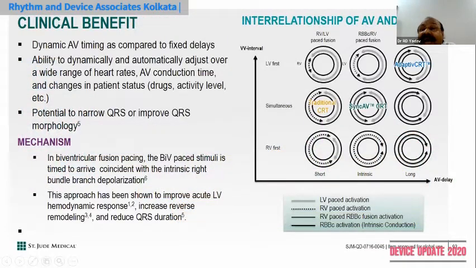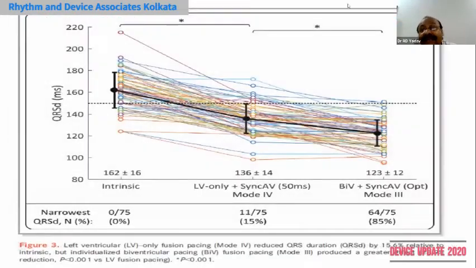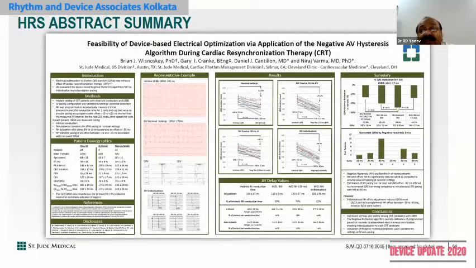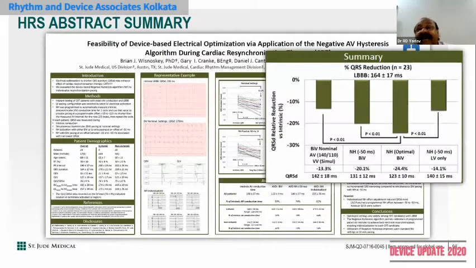So this diagram, which I already told you about previously, gives the maximum benefit where simultaneous fusion occurs, and it has been found that compared to LV only pacing, BiV with SyncAV has the maximum decrease in QRS duration. This is another abstract where it has shown the QRS duration is significantly decreased, and there is a